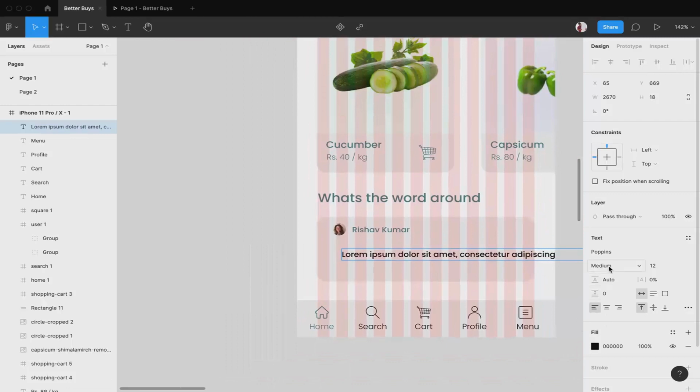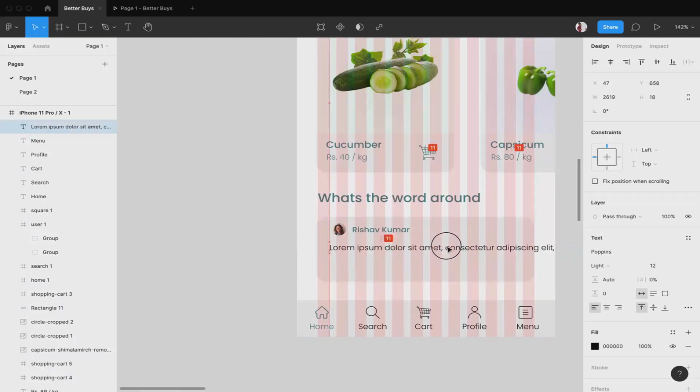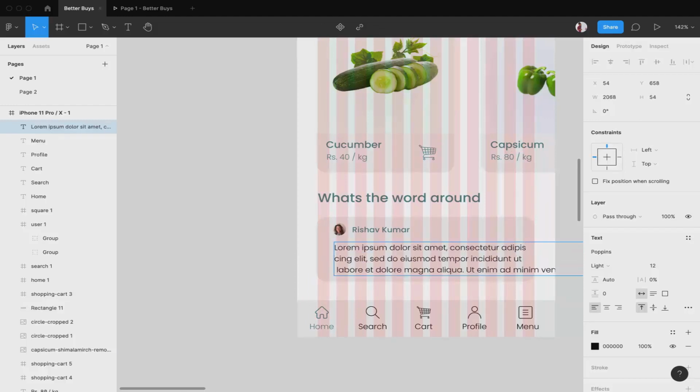Now first change it from medium to light, reduce its size. After that we align it how it should look. Break a line here and here, and this is done.